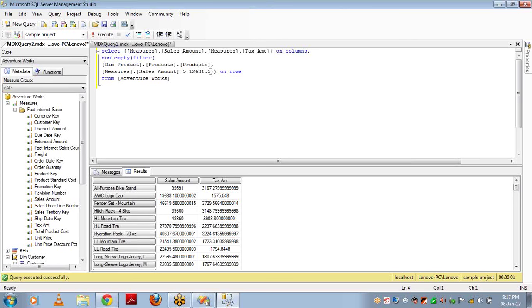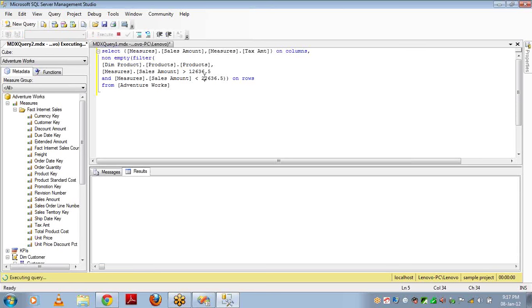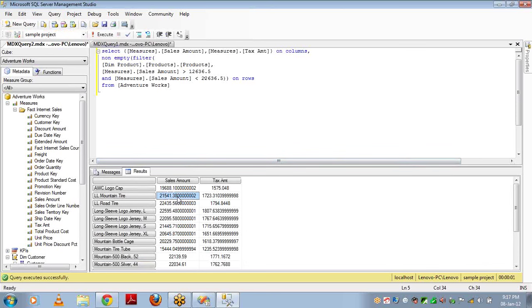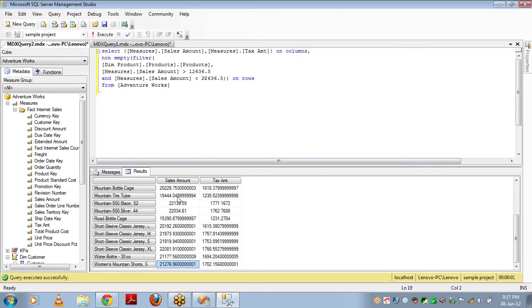And let me add one more thing to the condition, and where sales amount is less than 22636. If I execute it, I'm going to get a few products which fall in between these sales amounts, that is 12636 and 22636.